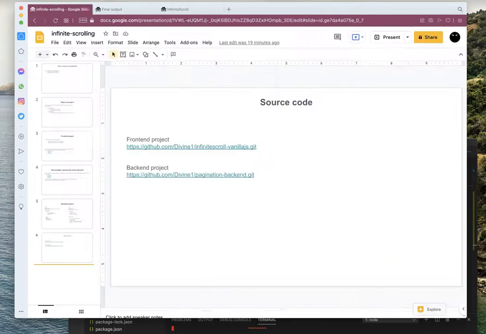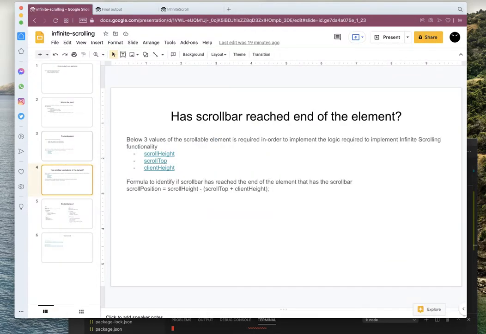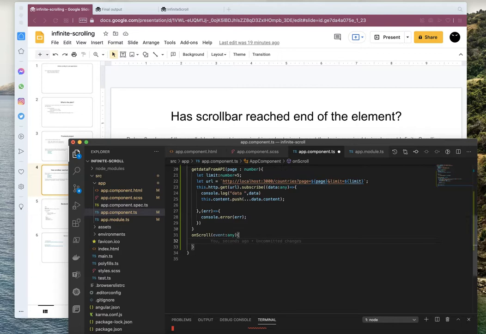As we saw in part 1, the required properties to identify if the scroll bar has reached the end of the element are scroll height, scroll top, and client height. These three values can be extracted from the event object itself.